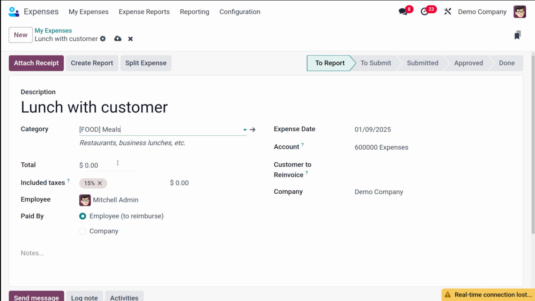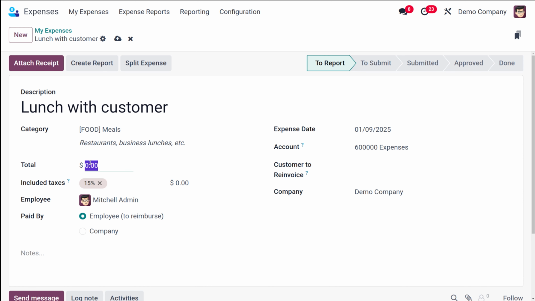So you can choose one of two methods to enter the total amount spent on the expense. Either you can enter the cost in the total field, which is given here, if the category chosen was for a single item. And then the unit price is shown if the cost is for multiples of the same item or expenses that have a set price. The correct total will be automatically added to the total cost when you enter the quantity in the quantity field. So the quantity is shown above the total cost.